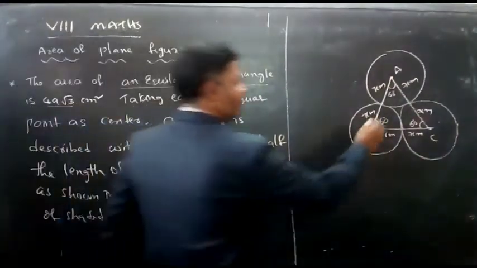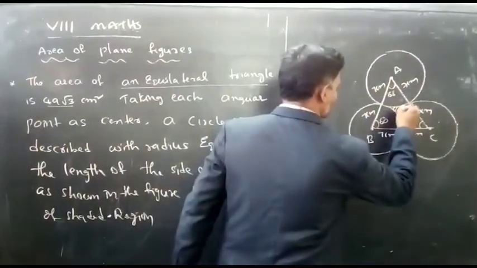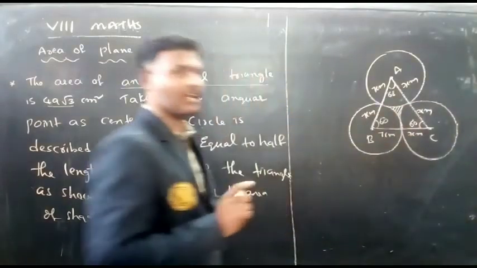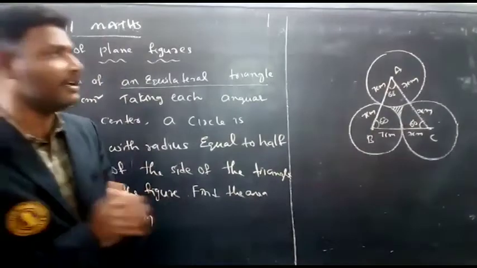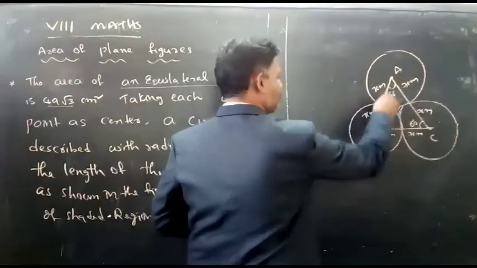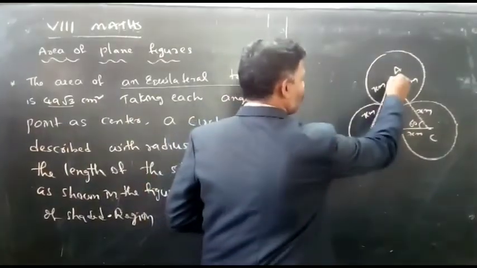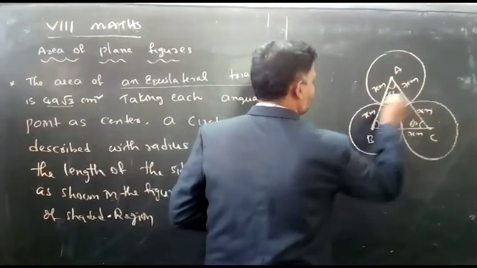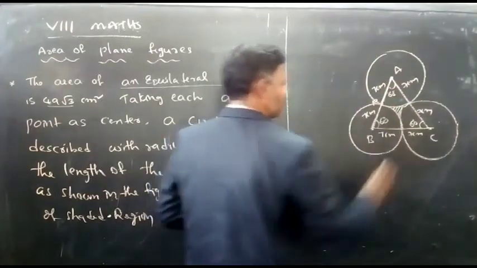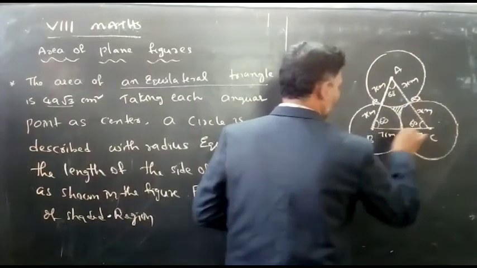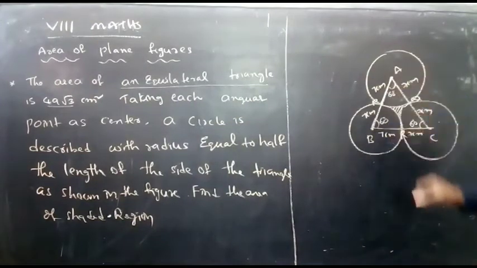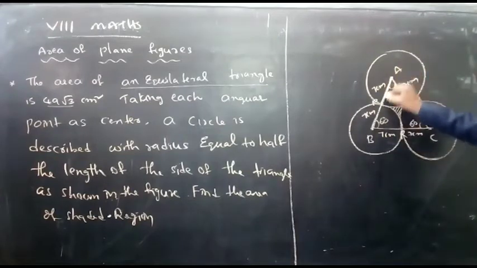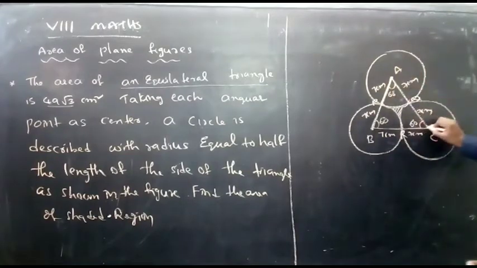Now you have to find the area of the shaded region. To find the area of the shaded region, what do I need here? Here is one triangle, so from the triangle you have to remove three sectors. I am taking these points as P, Q and R. To find the area of the shaded region, from the area of the triangle you have to remove the area of a sector, and also the area of a sector, and also the area of a sector.